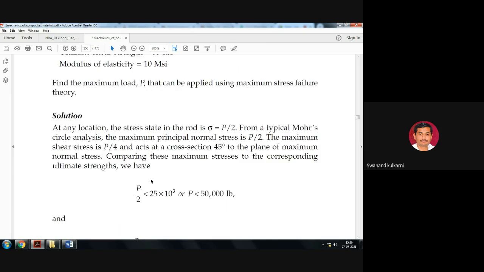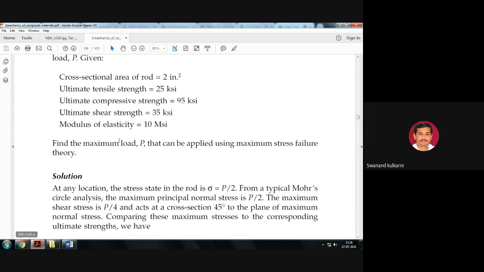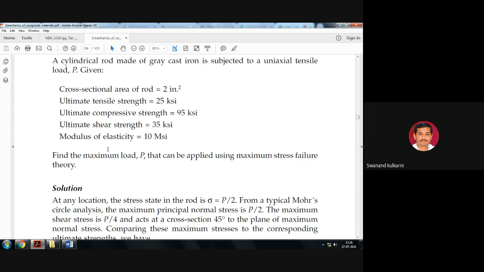So on the first way of analysis of this theory, we are considering that sigma is equal to P by 2. Is it okay? When we consider this P by 2, the question comes which P we should refer to, because here we are using different strengths, and while using the different strengths, we have come to know that